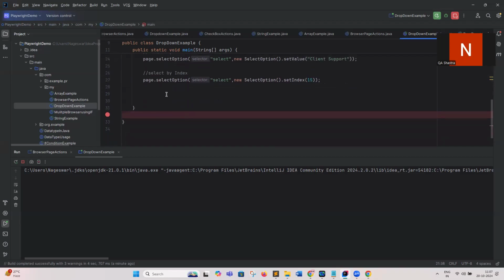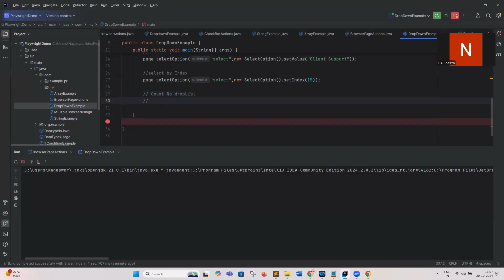But there are some cases where we need validation, functional validation. First, you can count the number of drop-down values, count the number of items in the drop-down list. Second, after getting the list, find the required